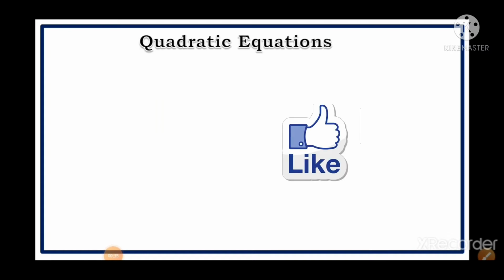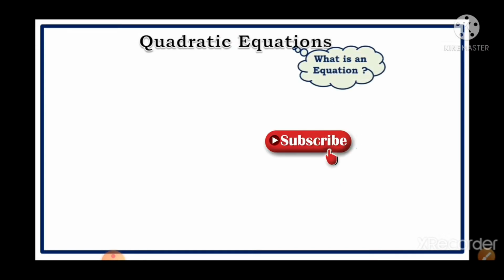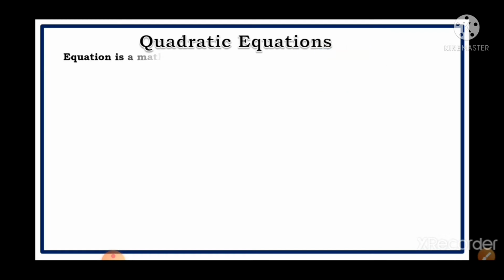With this chapter, let us go for the basic things. Let us understand what is quadratic equations. First of all, you should know what is equation. We have already learned linear equation in two variable. In that, what is equation? Remember what is equation? It is a mathematical statement with at least one variable and equal to sign.